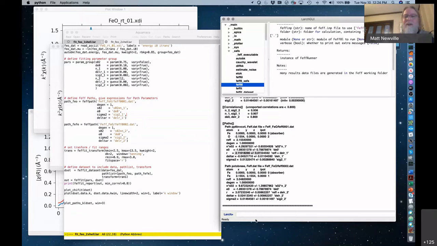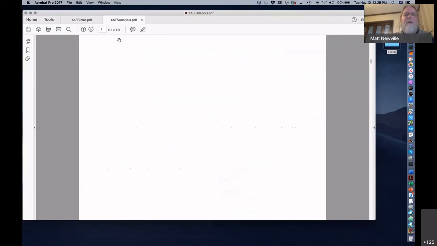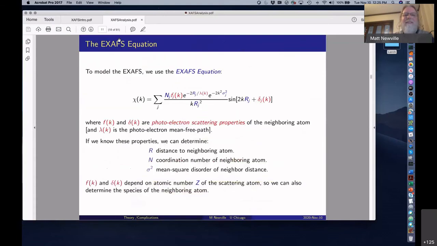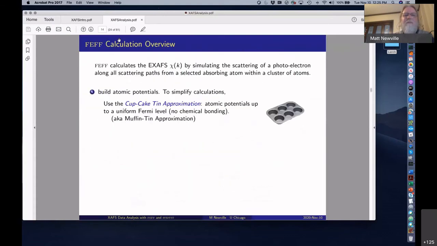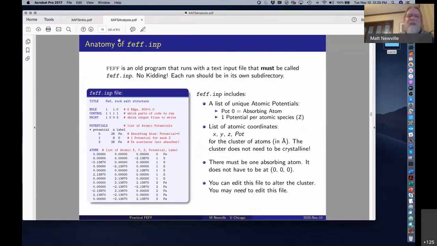So one thing to do for something adsorbed onto the surface. Let me see if I can go back. Okay, so one way. I didn't mention that. I should have mentioned this. I often mention this. Okay, so we have this feff.dat file, and you can edit this. So if you have, say, arsenic adsorbed onto iron, you could put arsenic here at 0, or you could add an arsenic at some positive